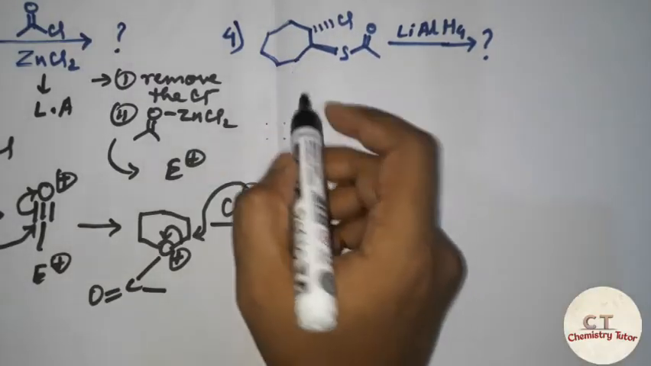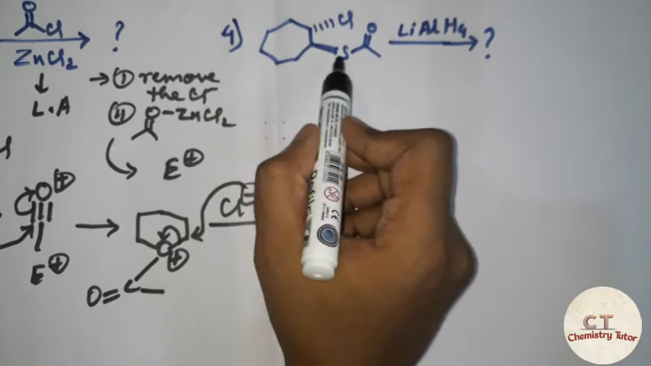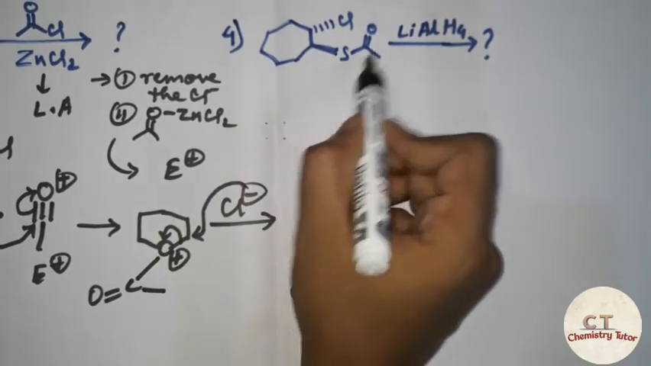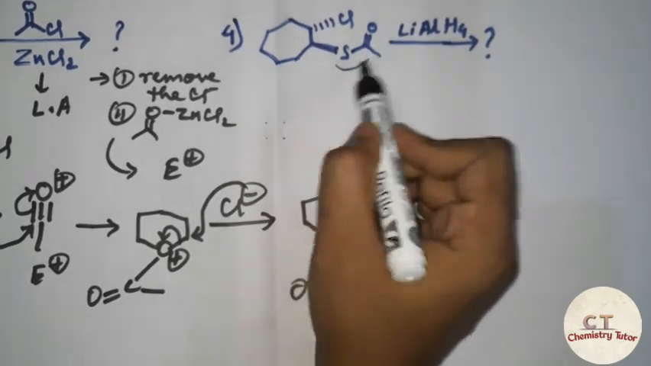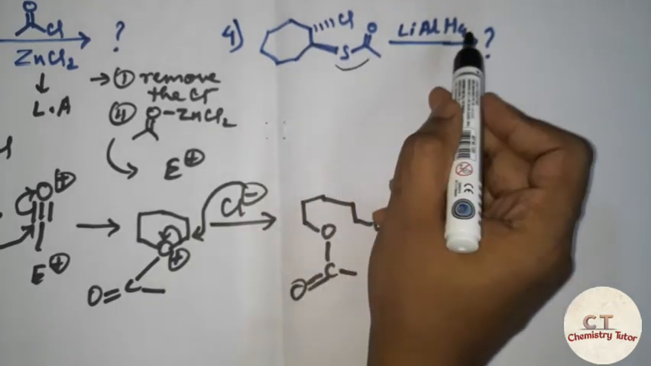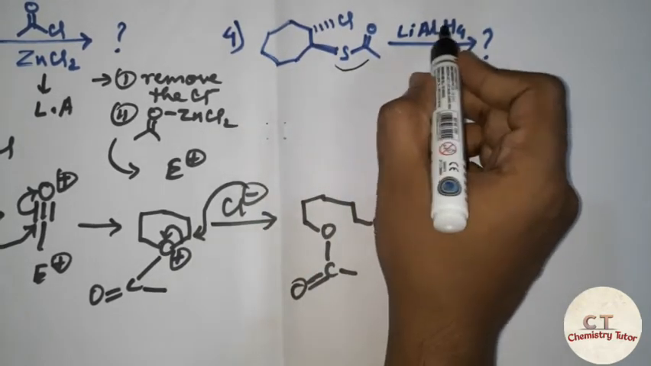Let us see this reaction. It is a 7-membered ring, along with it sulfur. So what is this group termed as? It is thioester. Okay, on treatment with LiAlH4, that is lithium aluminum tetrahydride,